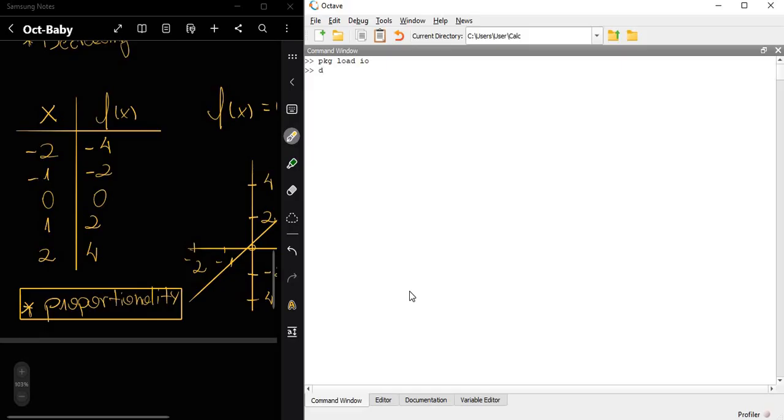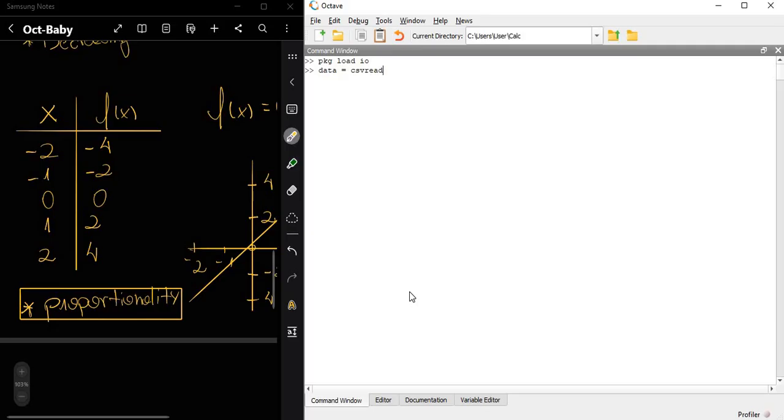Now type data, because we will start with this variable that we are naming data. We will import the data and store it in this variable data. And this Excel file has the extension CSV. So type csvread. With this command, we will read the Excel file.